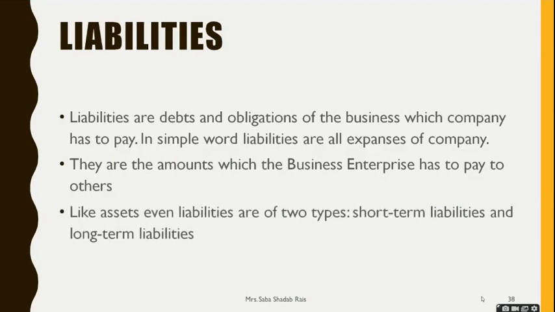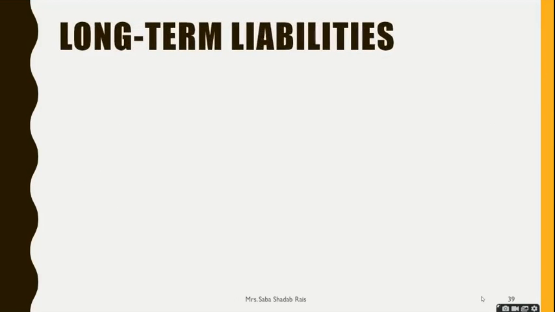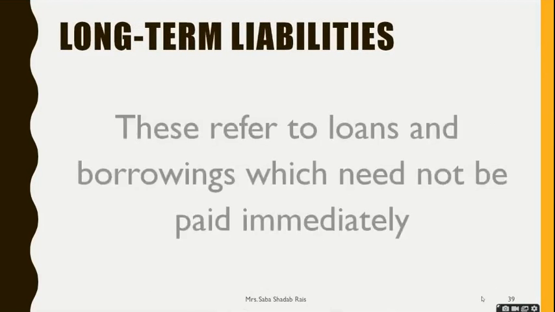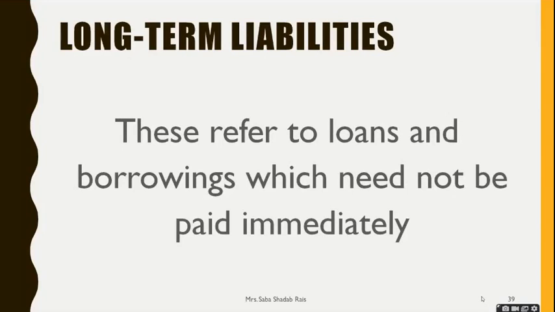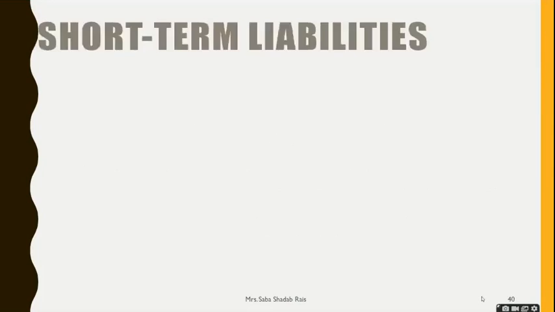Like assets, liabilities are also of two types: short-term liabilities and long-term liabilities. Let us discuss the types of liabilities in detail. The first type is long-term liabilities. Long-term liabilities include liabilities which we do not need to pay immediately. We have them for a long time. That's why it is a long-term liability. So this refers to loans, the borrowing which we do not need to pay